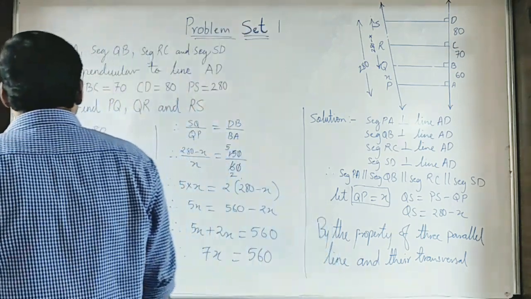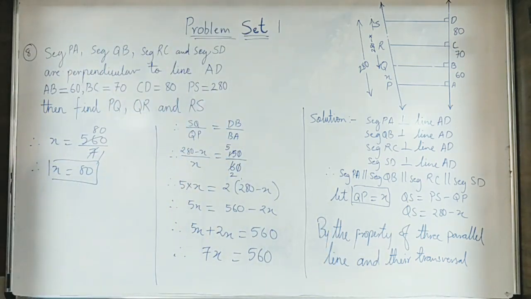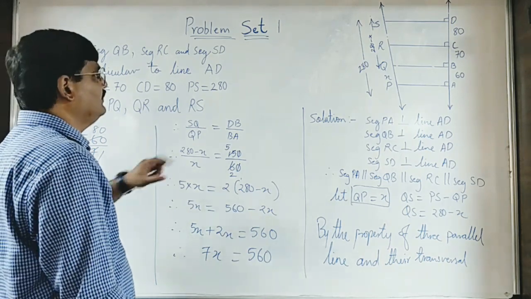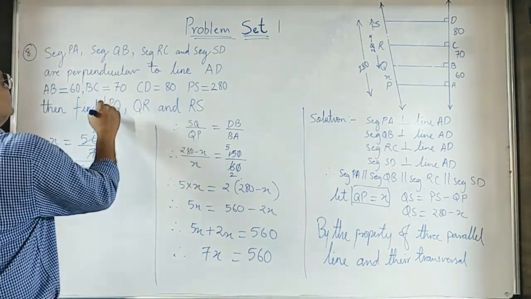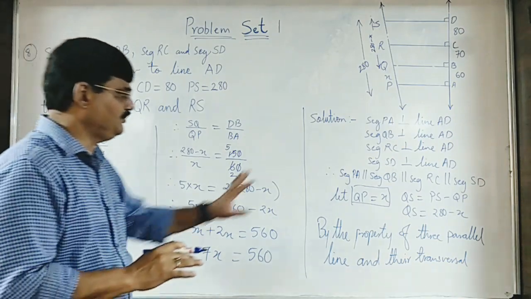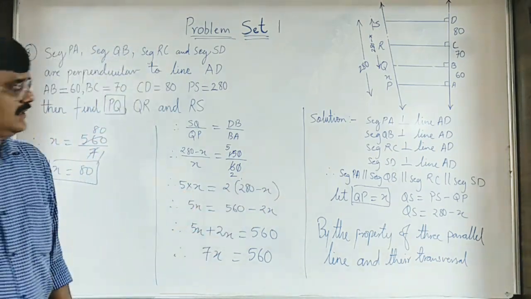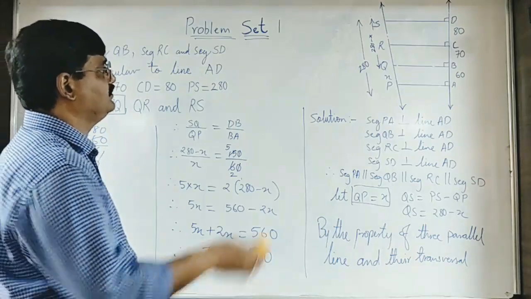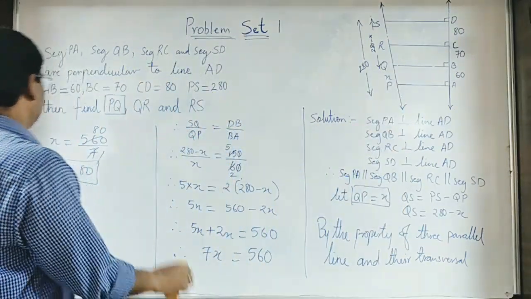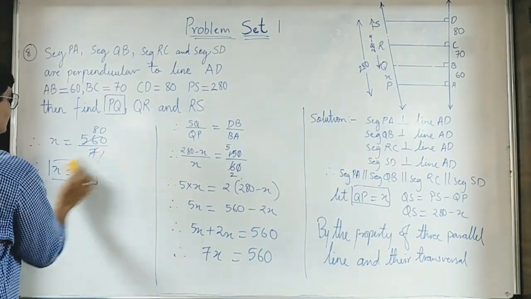Now this is how you finish with the value of x. You will get 80. Now we finish with this x line, which means we got the value of PQ. Now can I rub it out up till here? Everything is understood. Now what I'll try to do is find out QR. Can I rub this out?